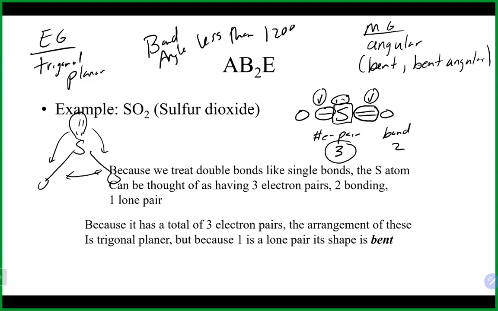Yeah. So that's if it has a lone pair? That's if it has 3 electron pairs and 2 bonds and 1 lone pair on the central atom. Is that what you're asking? Yeah. Other questions? All right, we have 2 more geometries to talk about, so let's talk about them here